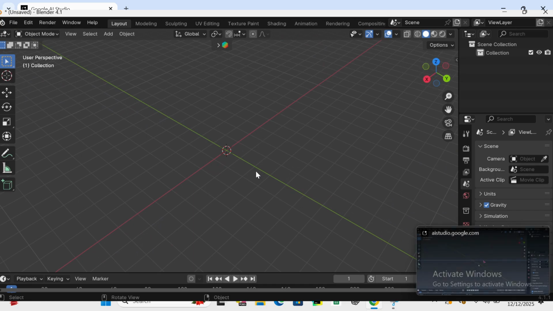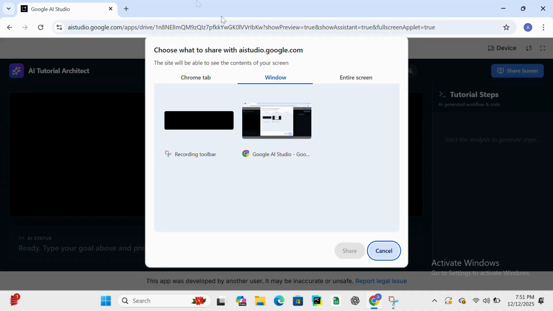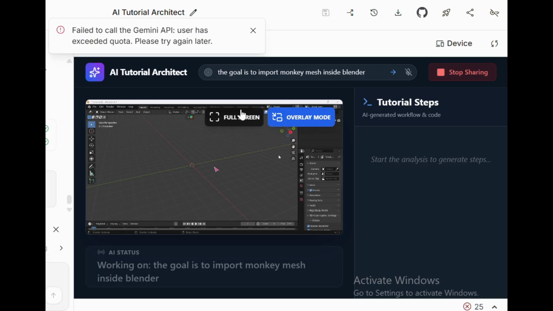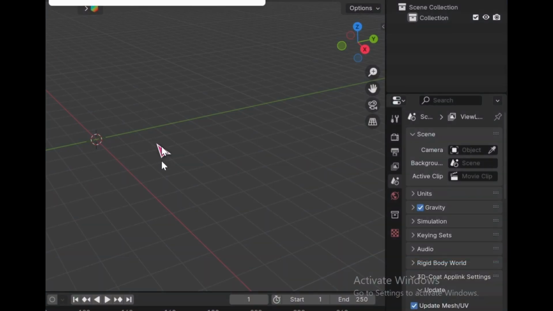Then, using its own virtual cursor inside the app interface, the AI highlighted exactly where I needed to click. Step by step, the system showed me the correct location of the Add menu, then the Mesh category, and finally the Monkey option. Even though the guidance was limited due to the short recording, the AI successfully showed the working